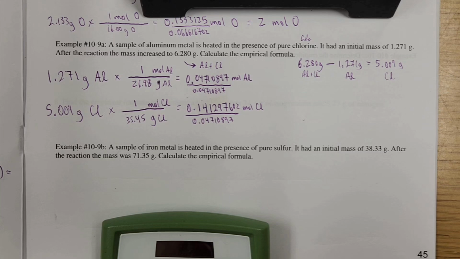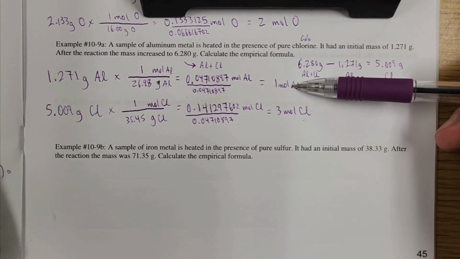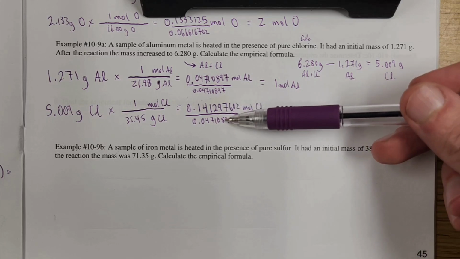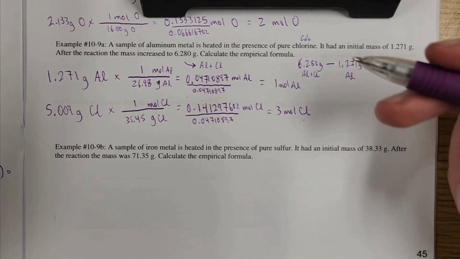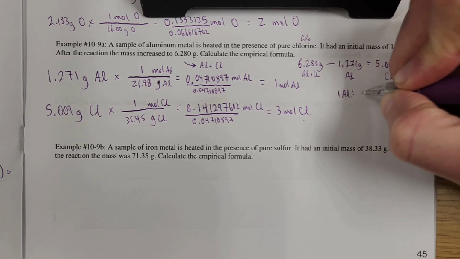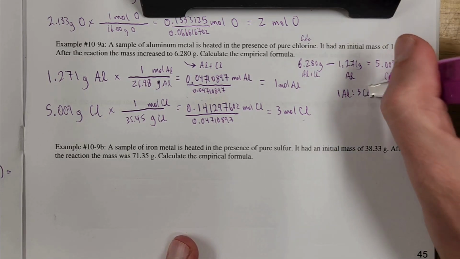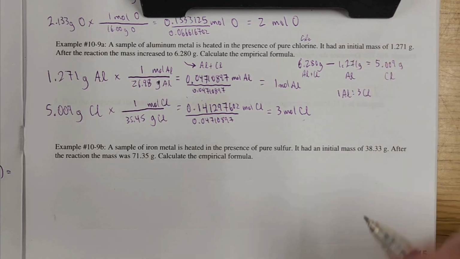So when that happens, this is what you get. Divide by the smallest number. This is the smallest number, so obviously it's just 1. And then it turns out this is 3 times as big as this, so 3 moles of chlorine. So that is a 1 aluminum to 3 chlorine ratio. I don't know why I put those 2 dots there, but a 1 aluminum to 3 chlorine ratio is